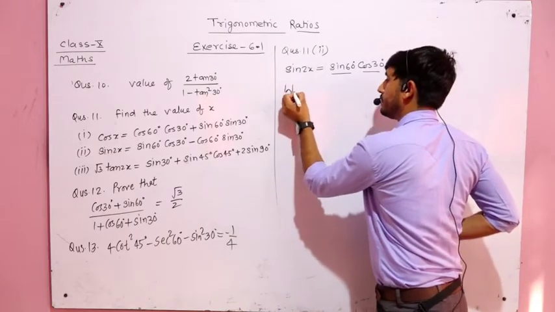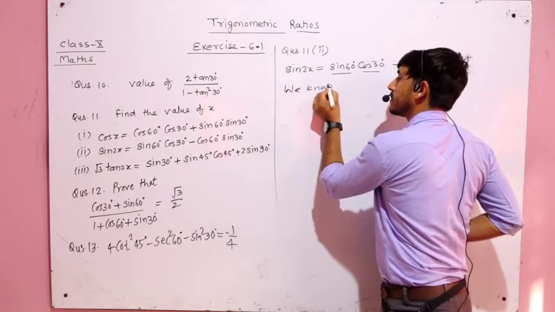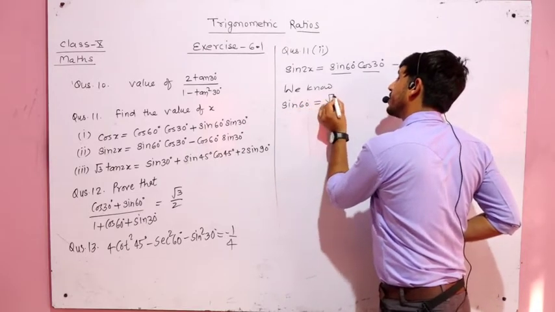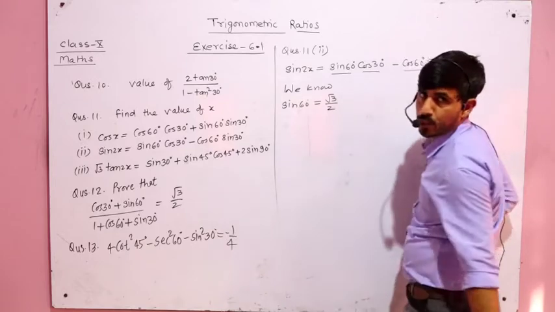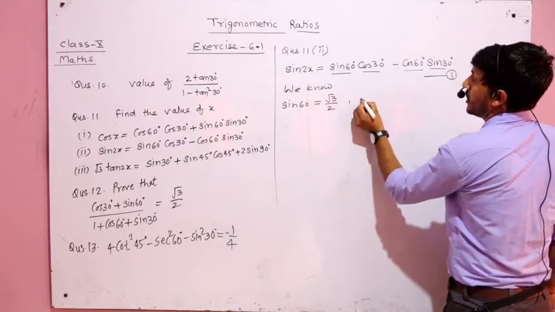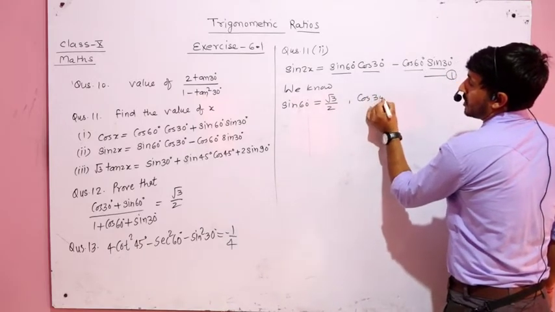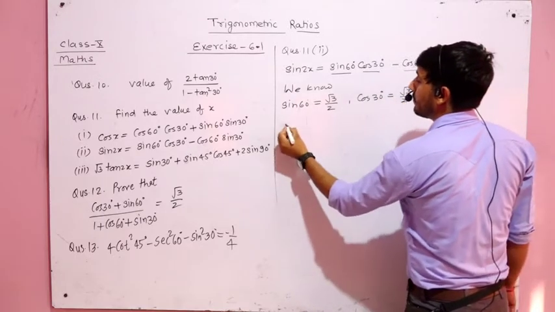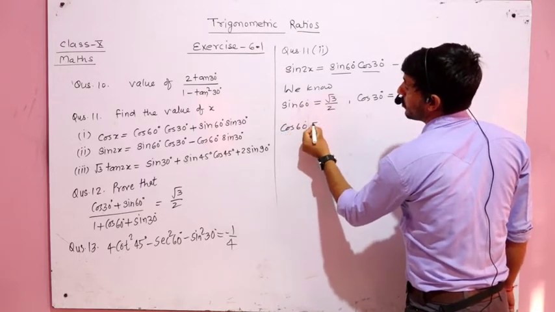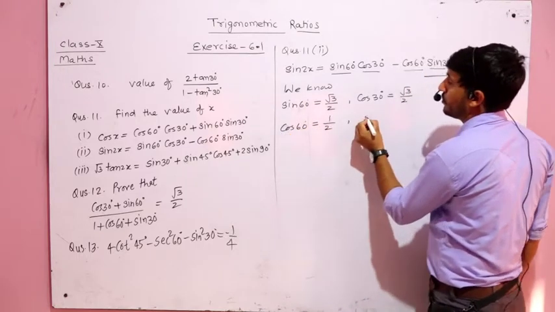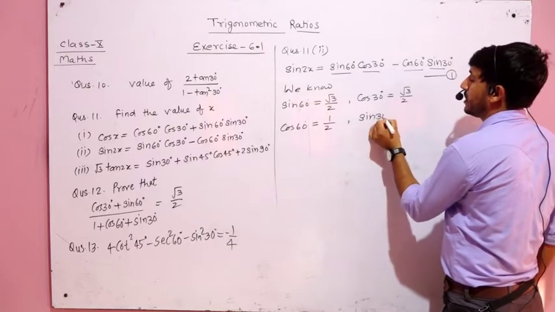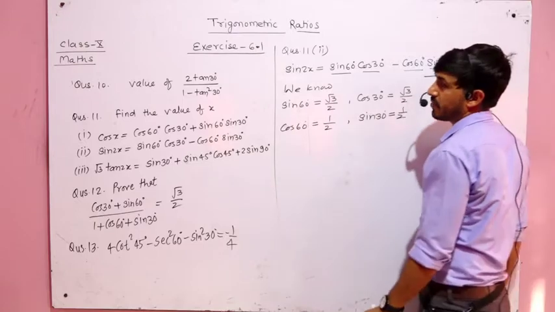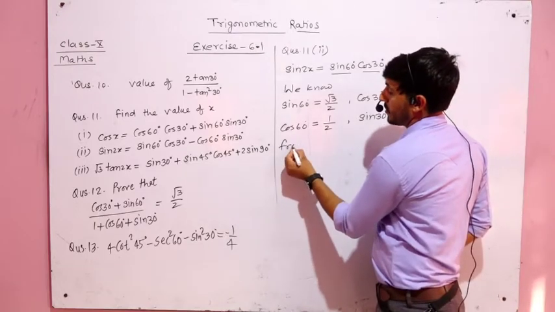As we know, the value of sin 60 degree is given as root 3 by 2. Okay, again cos 30 degree is given as root 3 by 2. Again we need the value of cos 60 degree, that is given as 1 by 2. The value of sin 30 degree is also equal to 1 by 2. Substitute all the values in the given equation. Then from equation number 1,